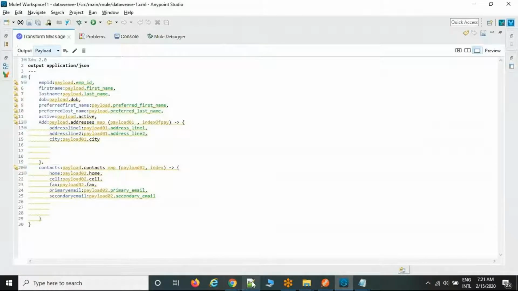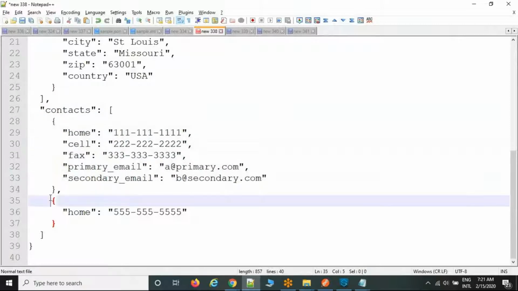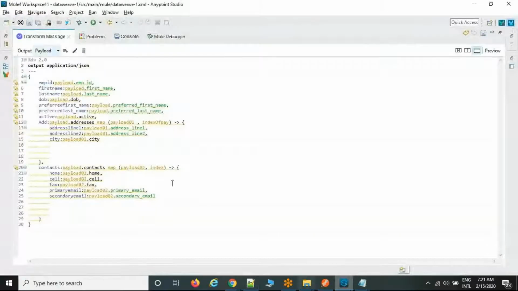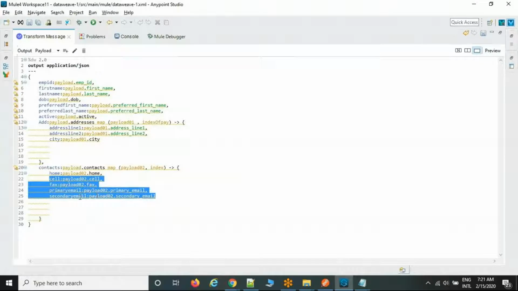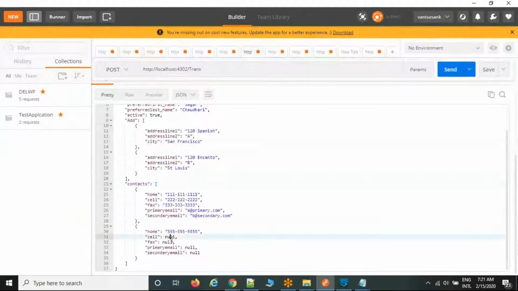The first time this object is executed, then the second time this object is executed, but only a single element is available. There are no rest of the 4 elements, from cell 2 until secondary email. So the system will repeat, there is no key, so that is the reason it returns the output as null.